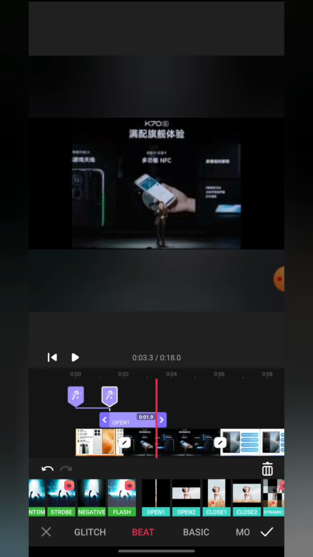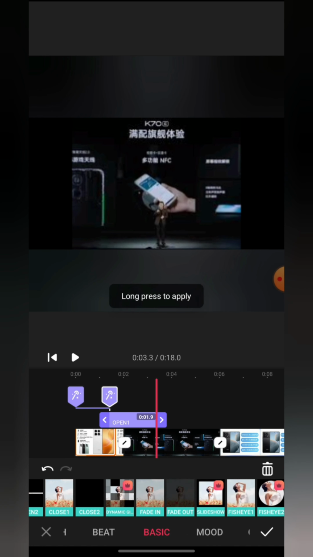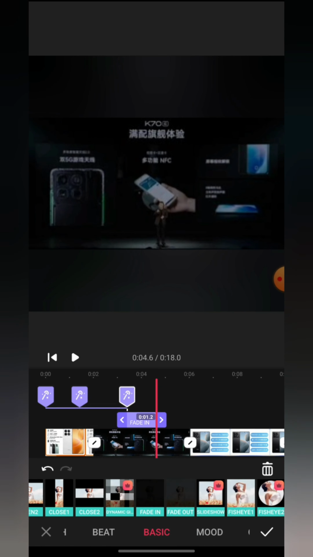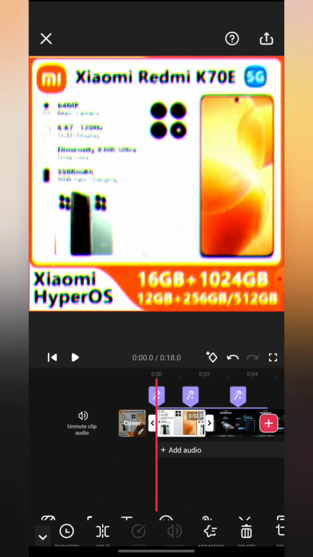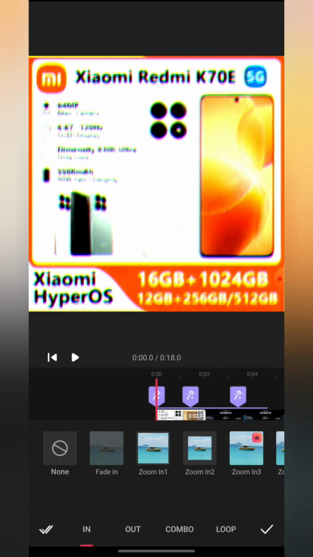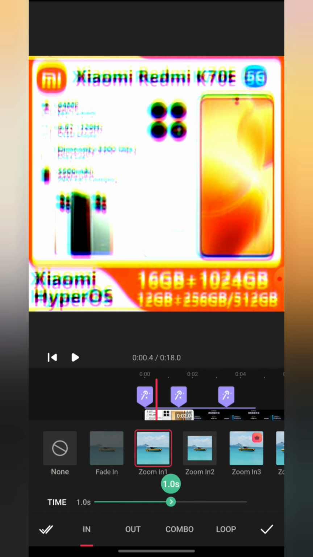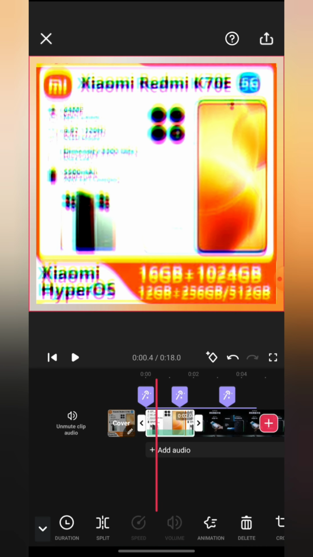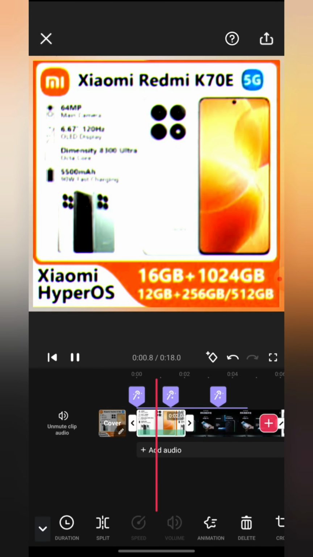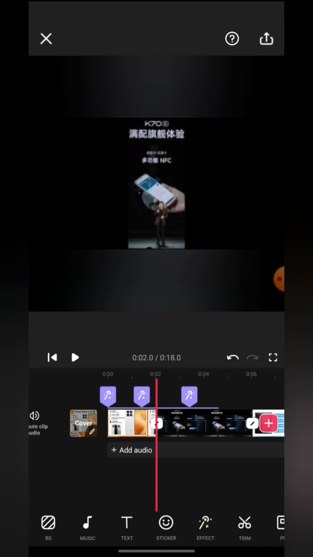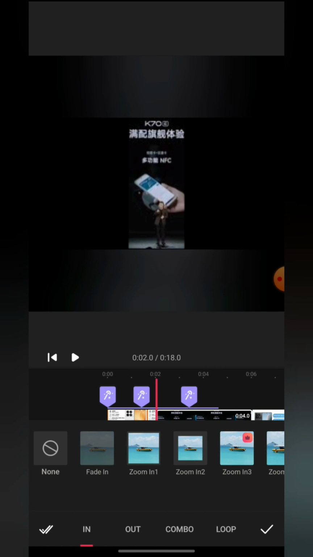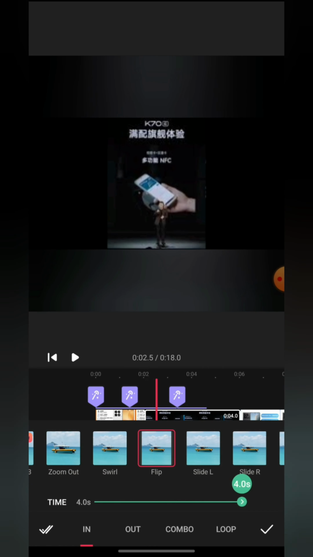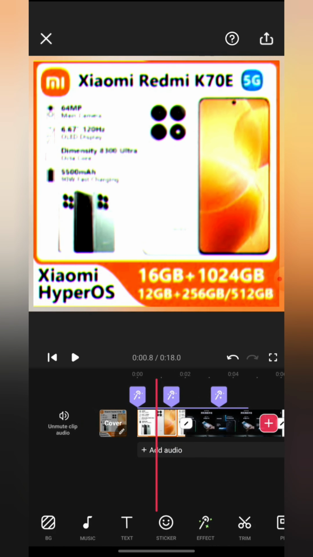Now here you can choose the effects that you want to apply in your video and make the video look better. To apply an effect you have to hold that specific effect for some seconds, and you can apply it. You can insert animation also, by tapping them, and can increase or decrease the animation effect. Now after applying effect and animation the video looks